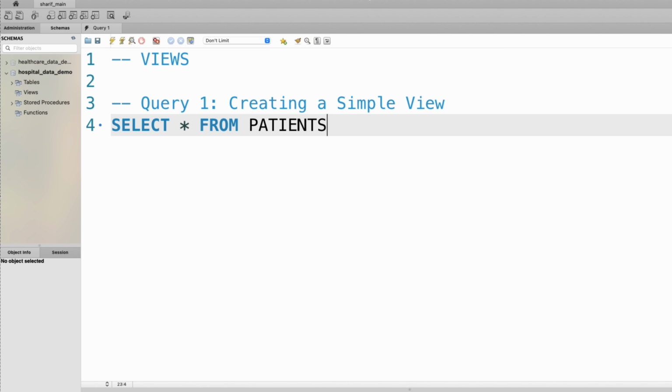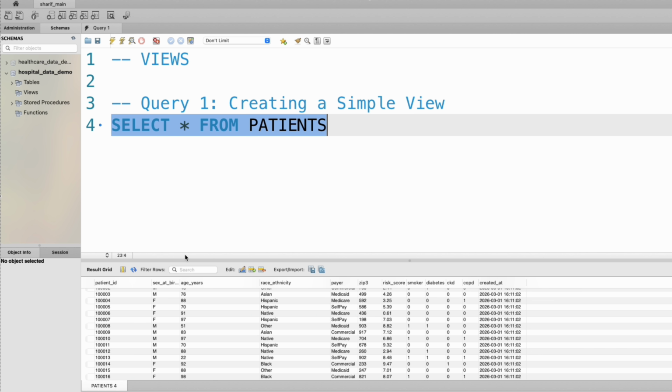So for the first query, we're going to be creating a very simple view. And over here, I'm just going to be doing a select star from patients so I can figure out which columns I want to choose first. I recommend this being the first thing you do before creating a view. So now that I've done a select star and I see all my columns, I'm just going to delete this